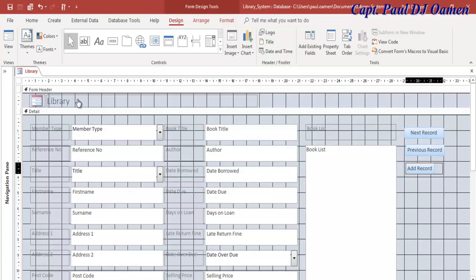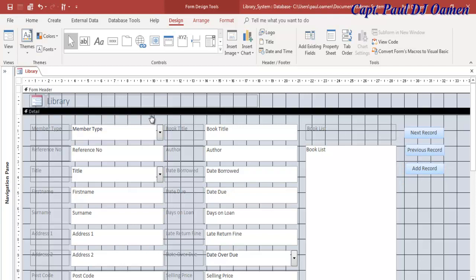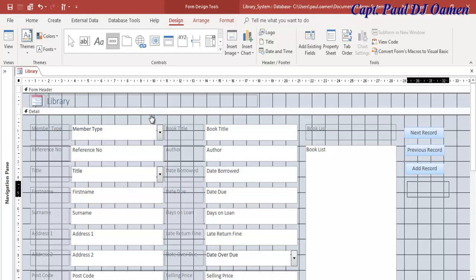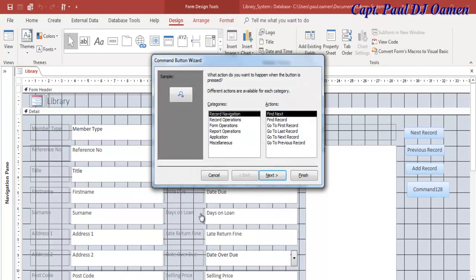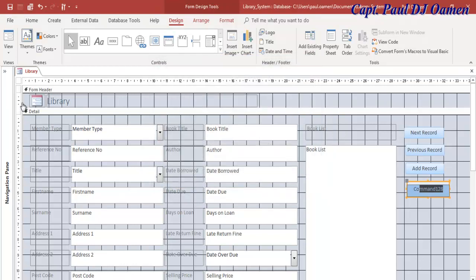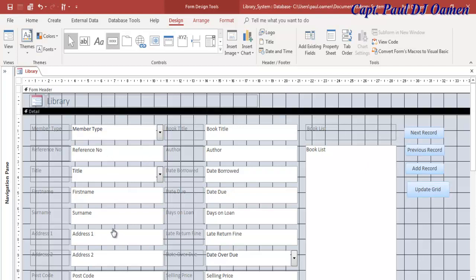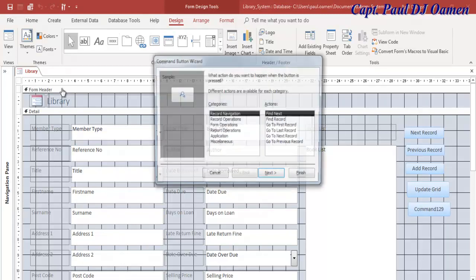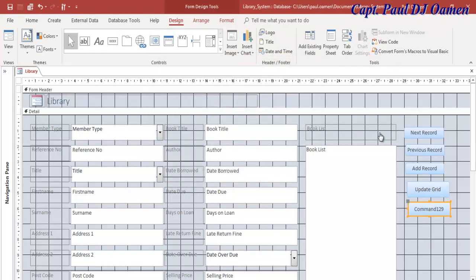Okay, I need two or three more buttons. Okay, add this other button. And for this very button, I'll just get rid of that and I'll just call it update grid. Right, add another button. I'm going to call this, get rid of that, I'm going to call this tab,